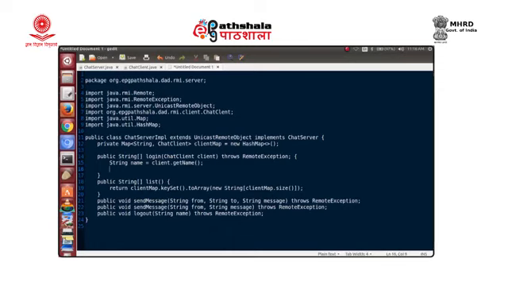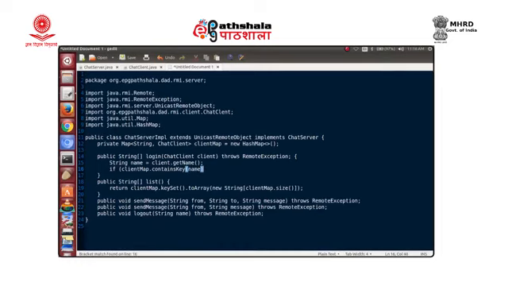Now, what should it do? The first thing it should do is verify that we do not have any other client logged in with the same name. So, it should see that this name does not appear in the list. We might put an if statement: if our client map dot contains key for our name.